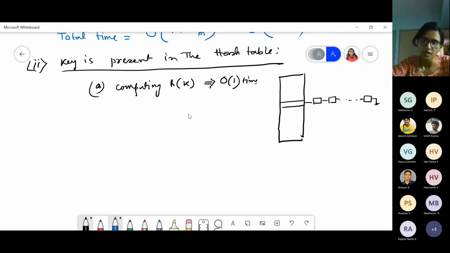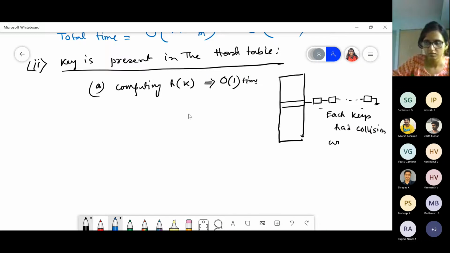This key has collided with some previous keys present there, and each of these keys present in this chain, each key had collision with the keys inserted before it.